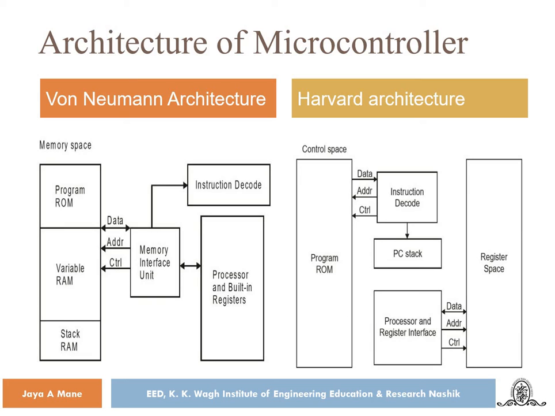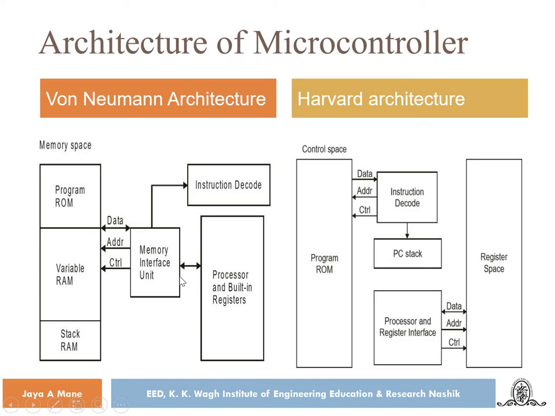But against that, with the Harvard architecture, if space is available in the ROM, you cannot use it for the purpose of random access memory. And vice versa, if there is space available in the random access memory, you cannot use it for the read-only memory purpose, because the space is separately provided for it. So they have their own pros and cons, and according to our requirement, we can select accordingly.